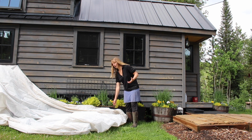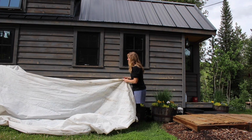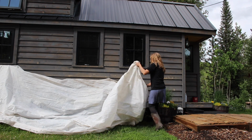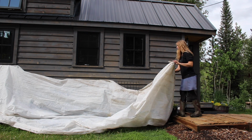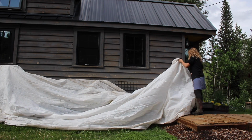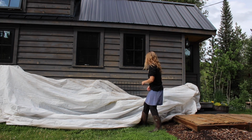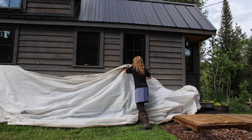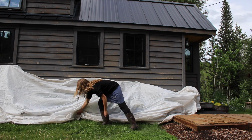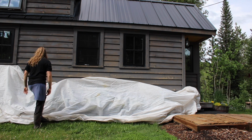I'm putting these covers on now, even though it's still a little warm and the sun's still out a little bit, because I want to hopefully get some heat trapped under them and behind them that will continue to protect things. I'm probably not going to take these off for at least 4 days given what the forecast is looking like. So these are just going to be here for a while, but they don't magically create heat, so I need some sun or ground heat to be trapped by them to help protect from the